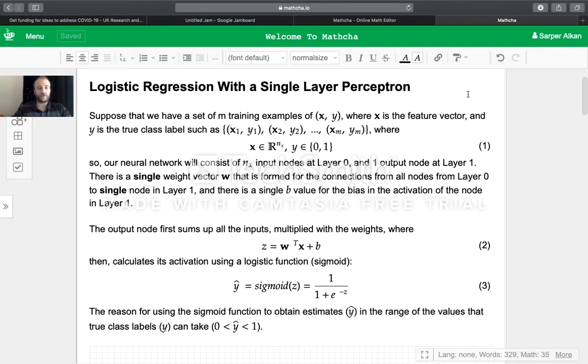With a single layer perceptron. The difference between a single layer perceptron and a multi-layer perceptron, or a multi-layer neural network, is that a single layer perceptron can only differentiate linearly separable data. So the primary difference is that, and what a multi-layer perceptron achieves is that by adding additional layers,